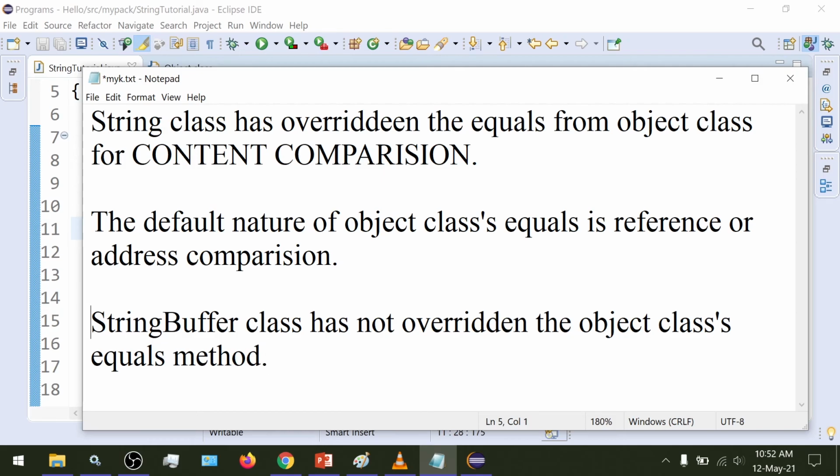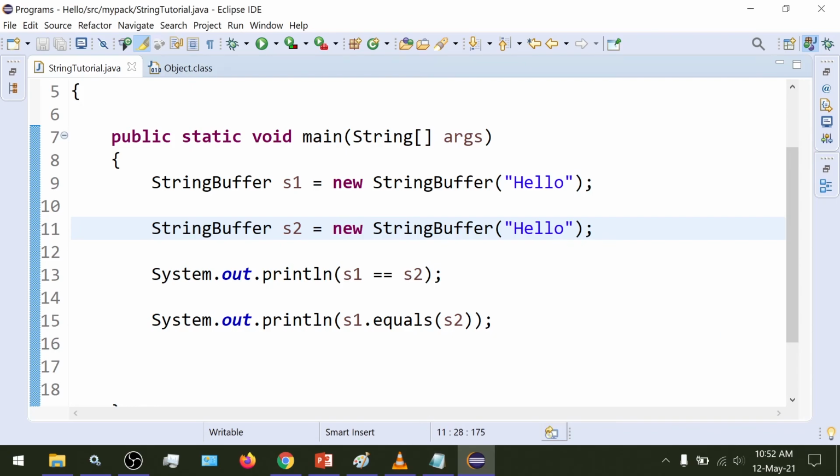So StringBuffer uses the equals method which it gets from its parent, the Object class. And since that equals method does a reference or memory address comparison, we get false as our output in both the cases.